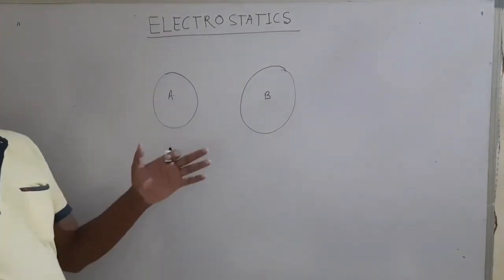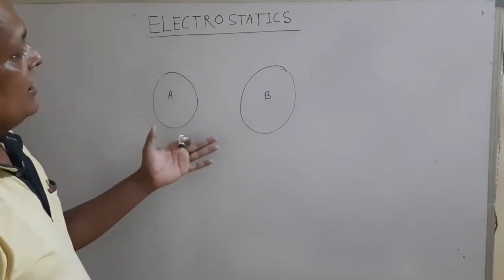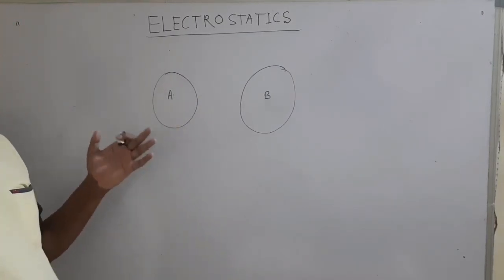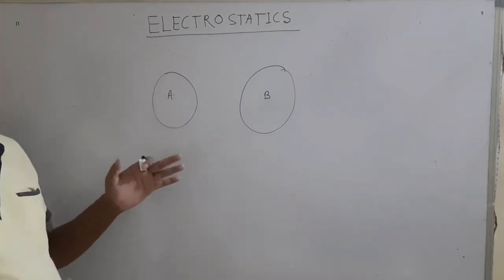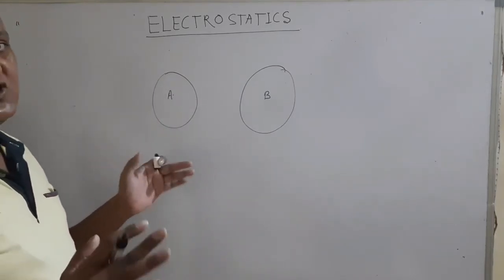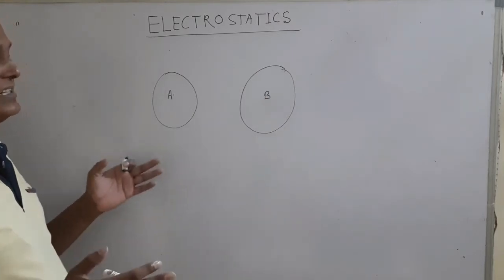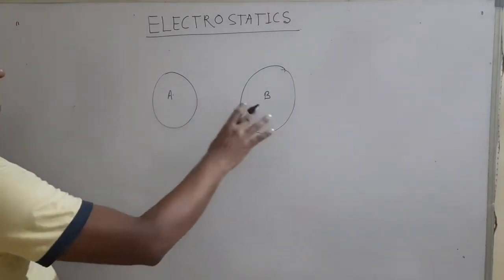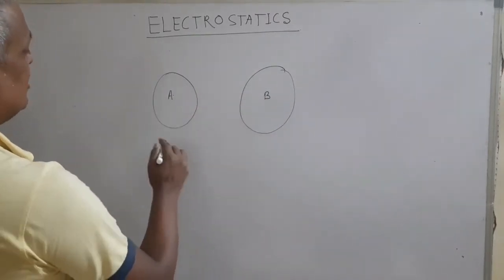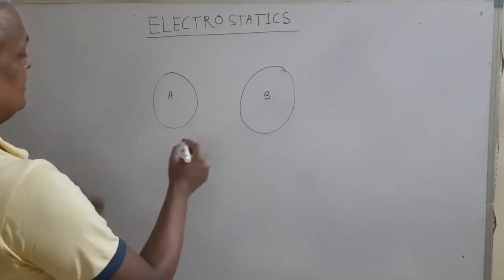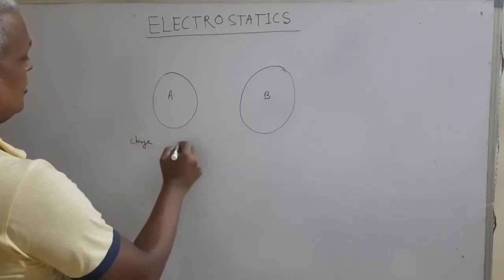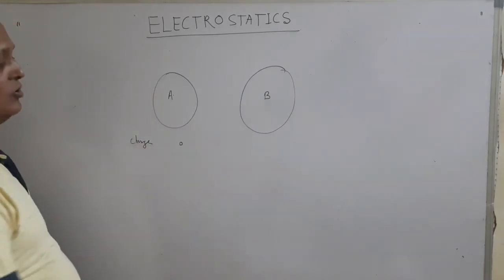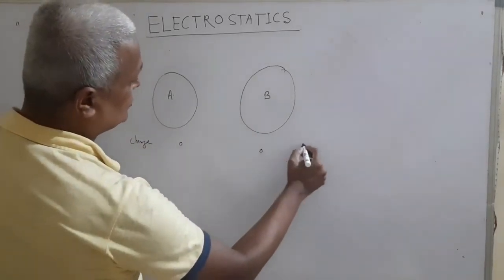Because if the bodies are made up of atoms, you know the number of protons is always equal to the number of electrons, so the positive and negative charges annihilate each other, and then we say the body is neutral. So in this condition, before rubbing, the charge on body A is 0 and here it is 0, so the total charge